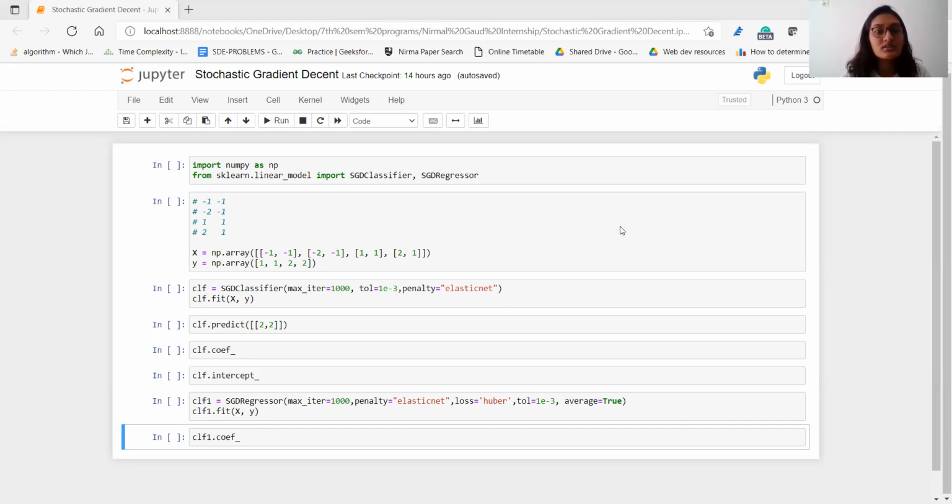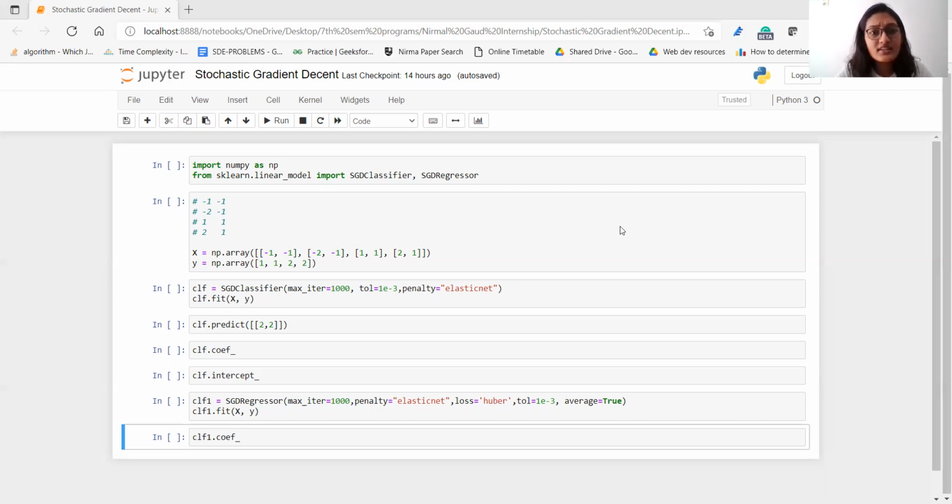So, first of all, let us revise the concept of the objective of gradient descent. Gradient in plain terms means slope or slant of a surface. So gradient descent literally means descending a slope to reach the lowest point on the surface. Now there are two things. First is SGD classifier and the other is SGD regressor.